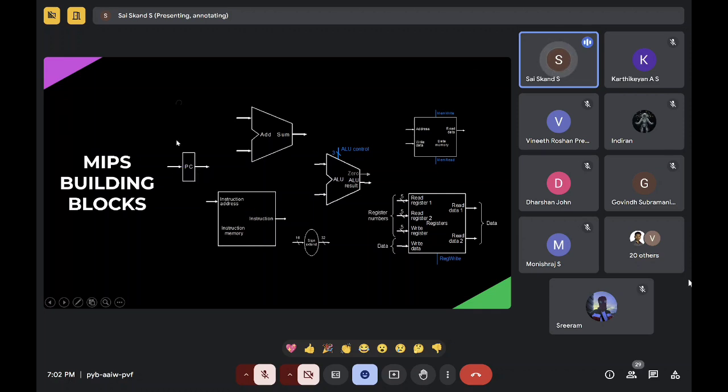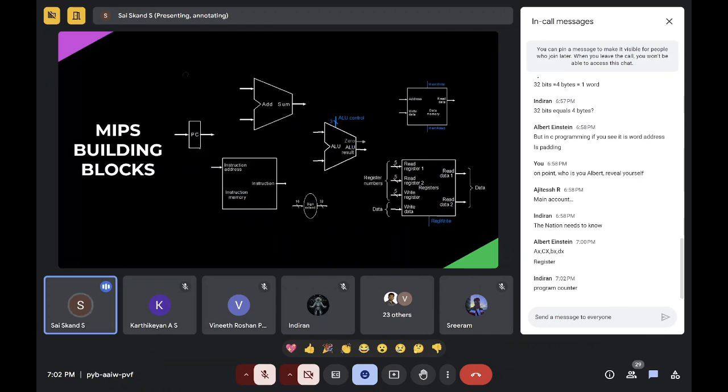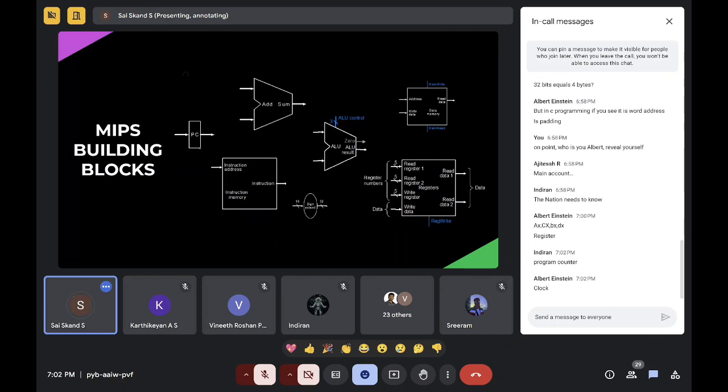Can you tell me what this is? Hope my cursor is visible. Yeah, what that is, this one. Yeah, that's it. Okay, program counter. It's a program counter. It basically stores the address of the next instruction to be executed. That's all. Okay, so that was something new.